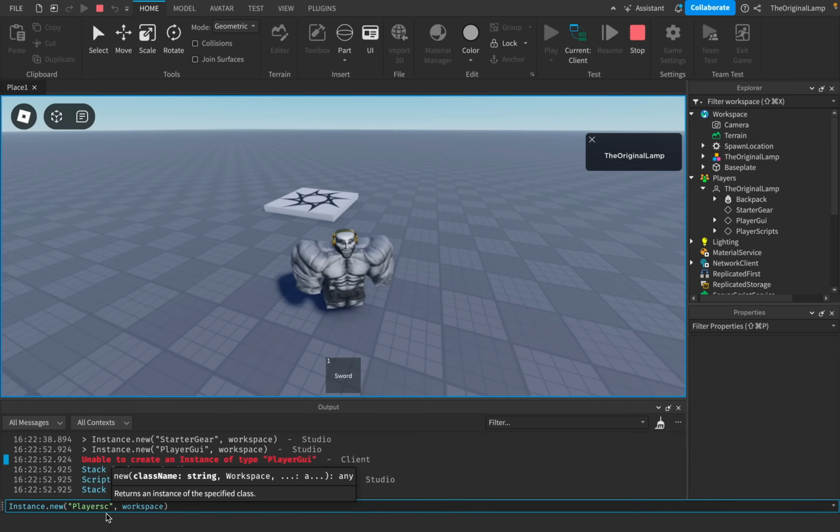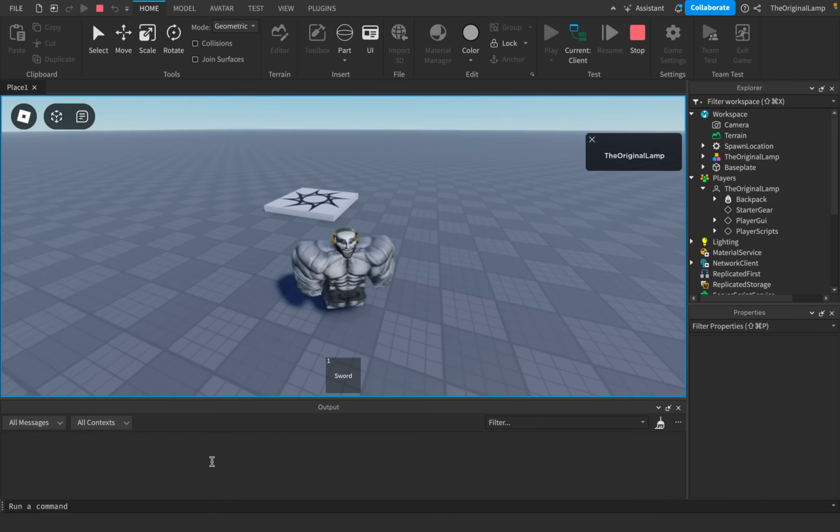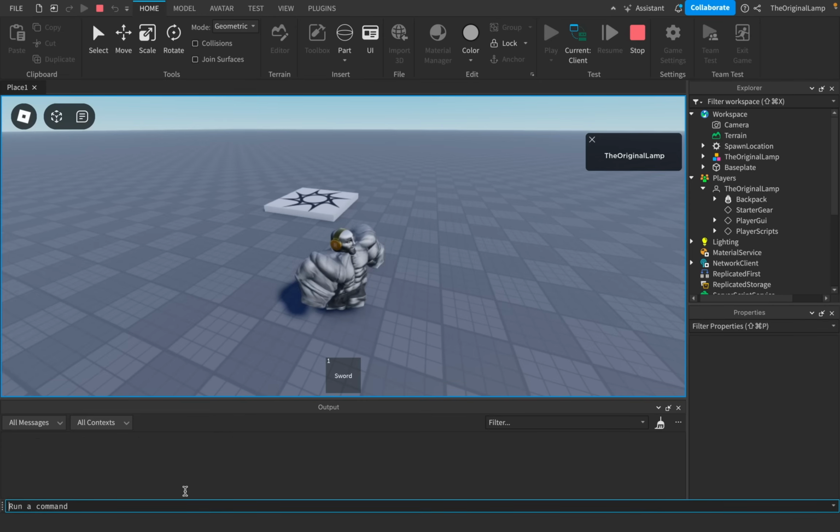Right, there's no type of player script. As you can see, it doesn't autofill, and if it doesn't autofill, it means that it doesn't exist. So that's kind of interesting. However, the weirdest thing, which is confusing me even still right now, is there's another command which basically